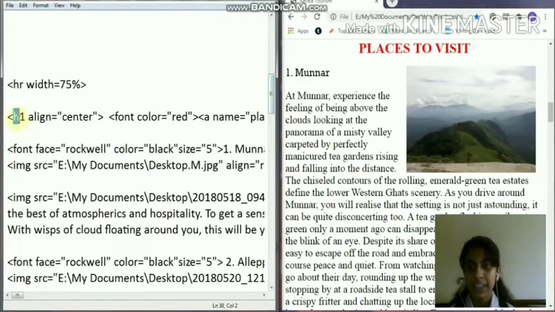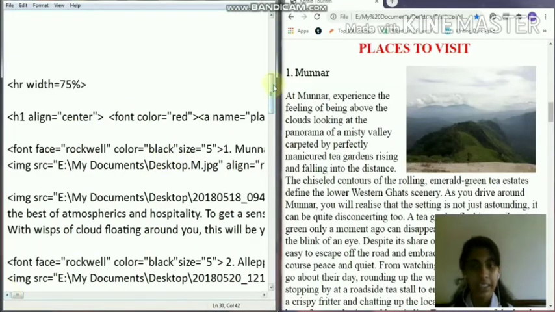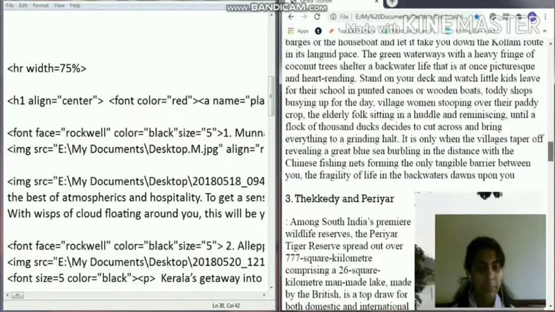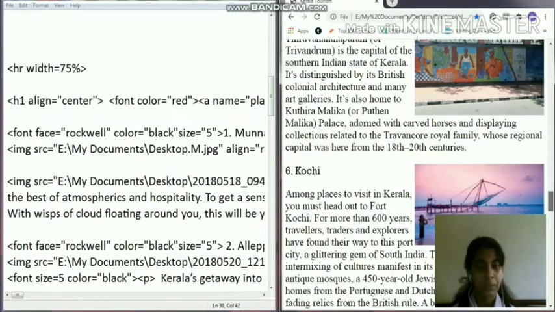Here also I've used the headings tag and this font tag and the linking A tag, anchor tag. Then we have different places which are very famous in Kerala for their picturesque scenes like Munnar, Aleppi, Periyar, Kovalam, Thiruvananthapuram and Kochi.